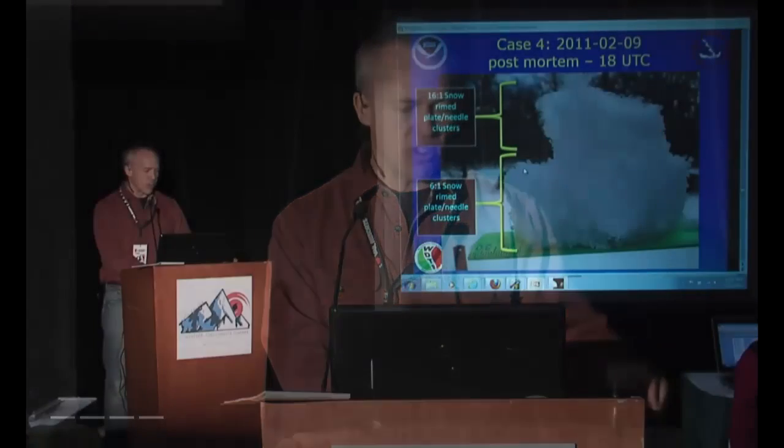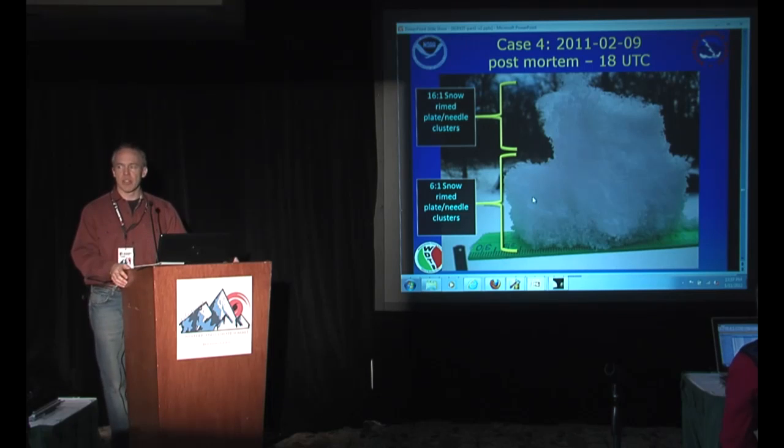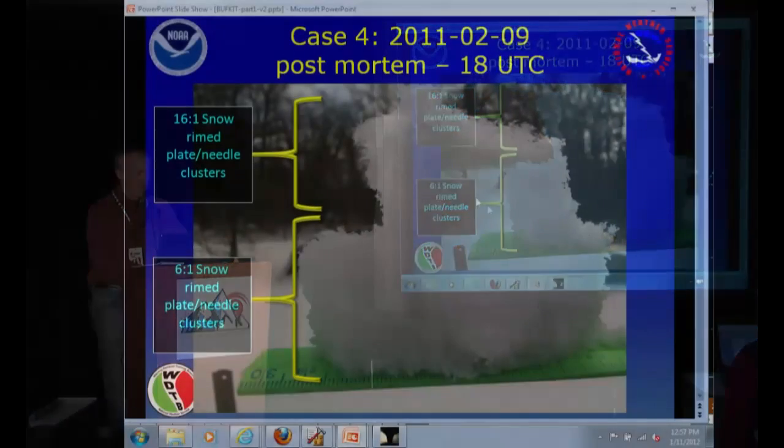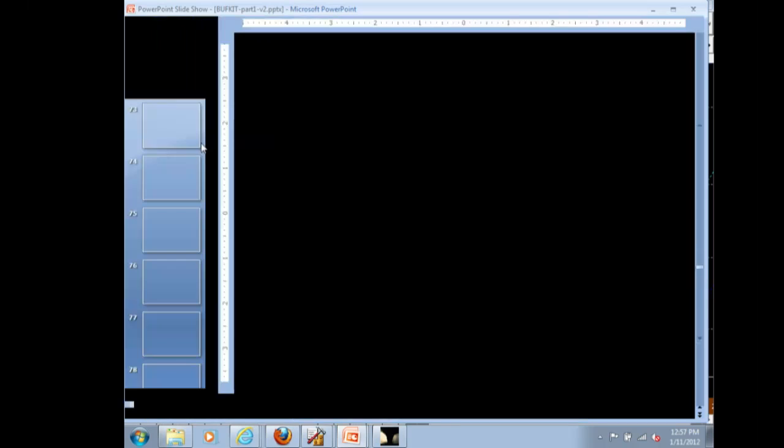3.7 inches, at least at my house, and this is out just east of Norman. And the lower part of this was a 6-to-1 ratio, measured in several places. Other people measured similar ratios. And then the upper part, I took this last part up here and measured a 16-to-1 ratio. And all of this up here is pure dendrites, some needle clusters and things like that. A couple rind plates, but otherwise,